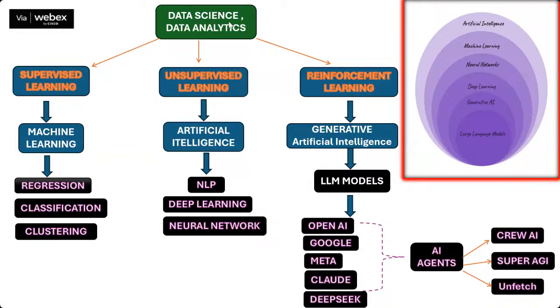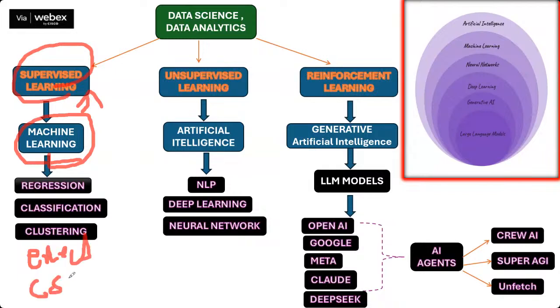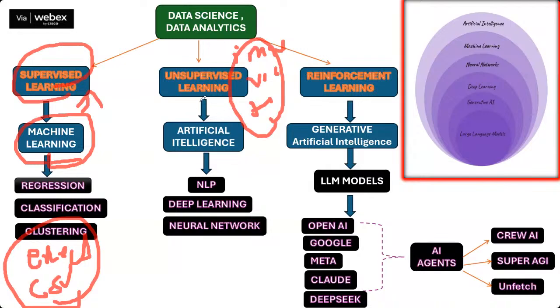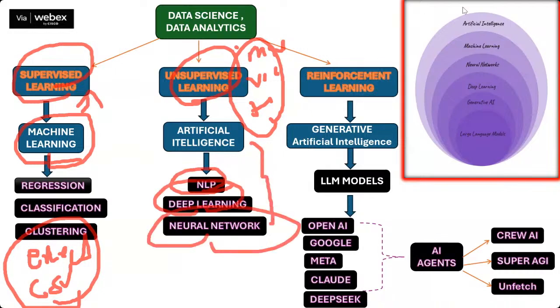You got to know that, because if you want to be a data scientist or data analyst, you have to choose this field. In the high context diagram, machine learning comes under supervised learning, where we work with Excel data and CSV data. Understand, team? Where the data is image, video, or text, all of that comes under unsupervised learning. There we need to learn NLP, deep learning, and neural networks. All right, and then reinforcement learning.